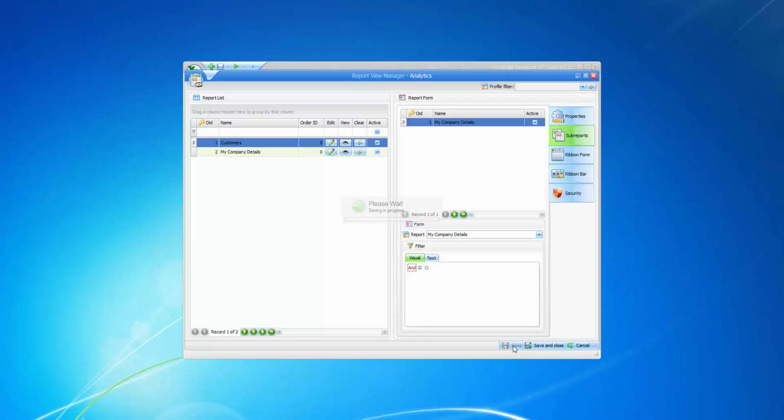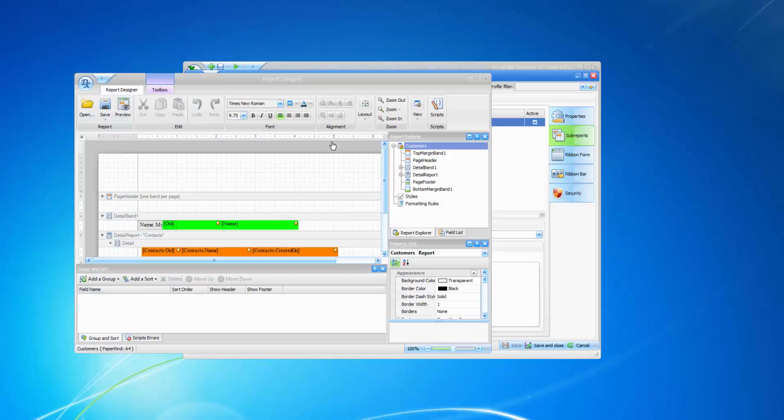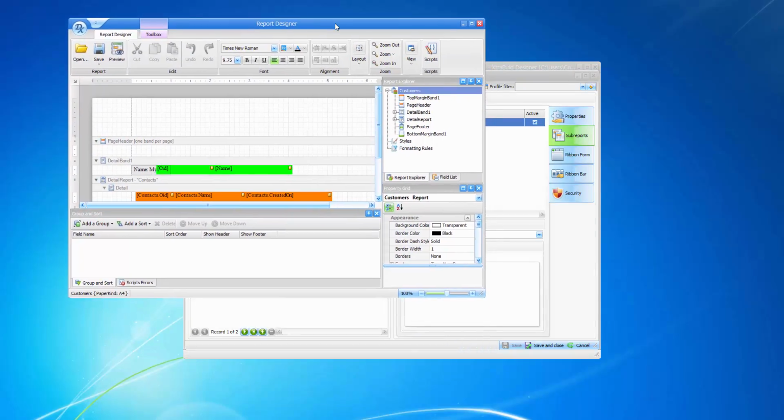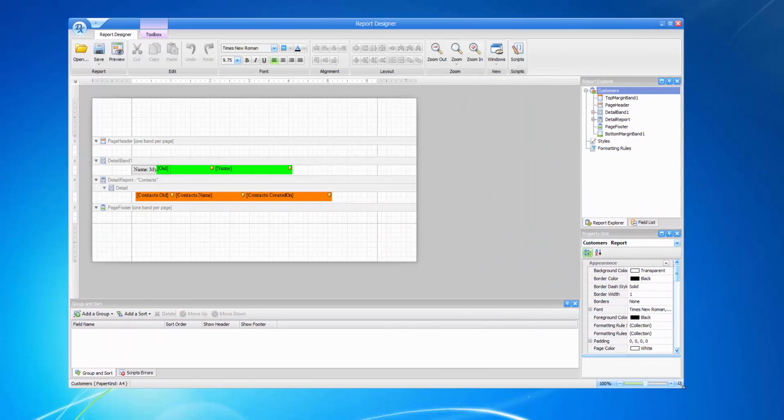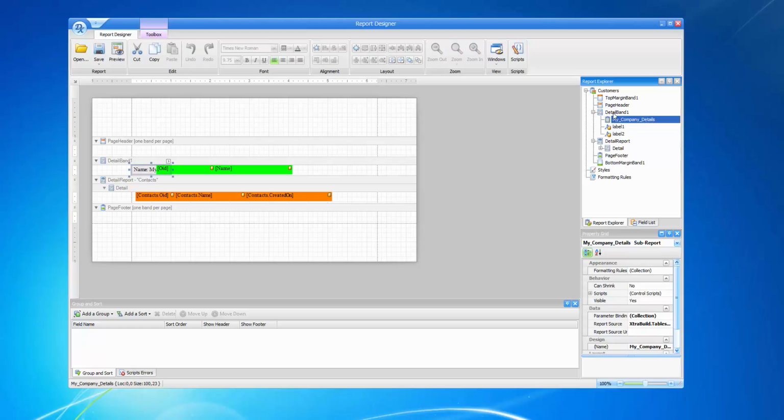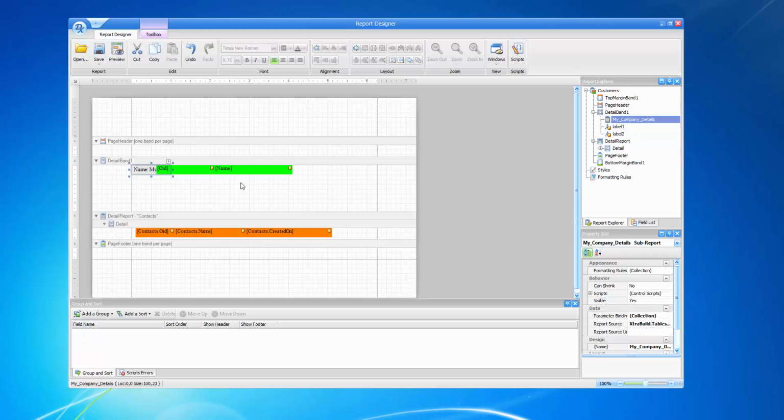Click on the Save and click on Edit Customer Report View. Let's make this a bit bigger. Okay, very good. If we go to the Report Explorer and expand these sections, you'll find My Company Details being part of the Detail Band 1. This is over here. What we need to do is just give it a bit more space